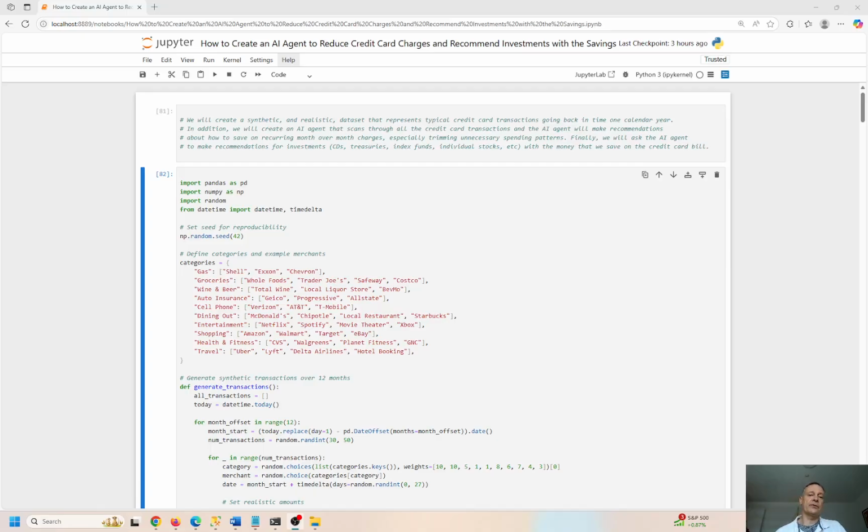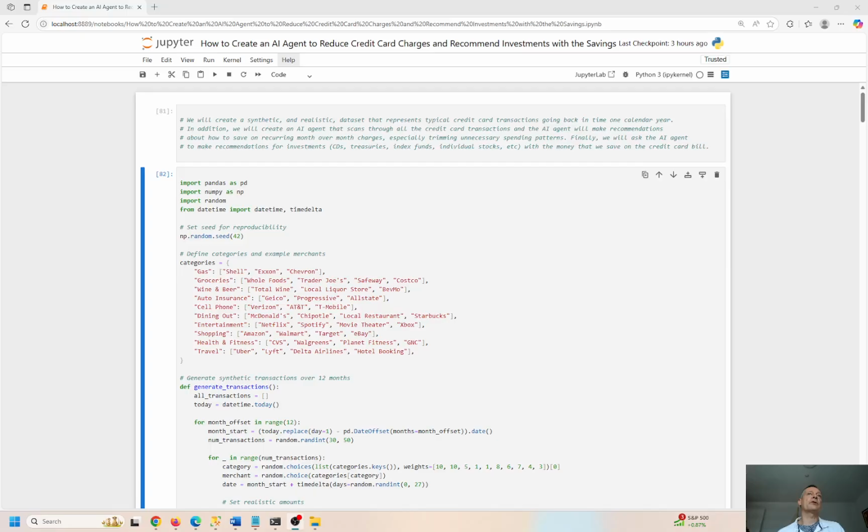So today I want to look at a new project where we create AI agents to reduce credit card charges based on the recommendations of an AI agent that's exposed to these charges and says, okay, you're spending X amount on this, maybe you should cut back. Or you typically spend about a median amount of money on this, but then all of a sudden it spikes up in 1 month. Maybe we need to address this, right?